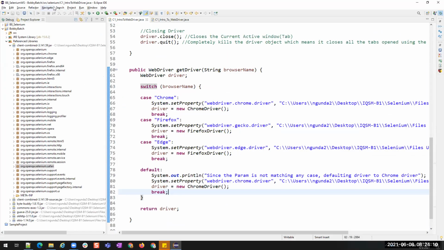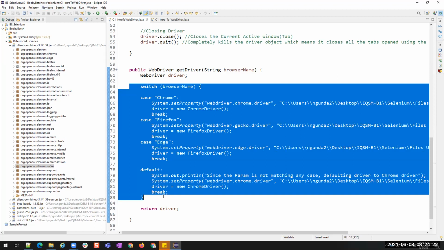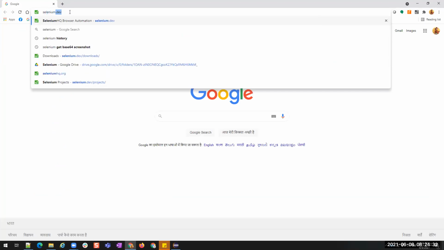No. What is the best Google link to go through this one? Which one? This one, the WebDriver and everything. Do you want the documentation? No, a resource I'm asking. On Google there are so many things, right? Which one do you think is the best? Tutorials, like that.